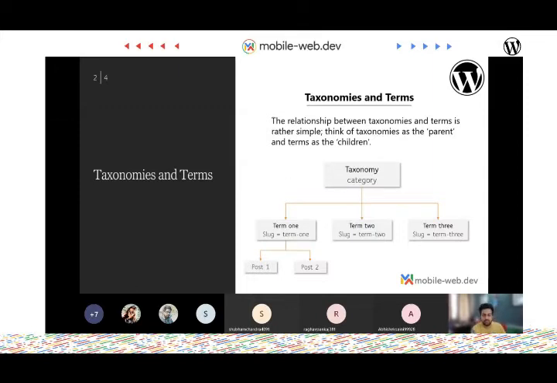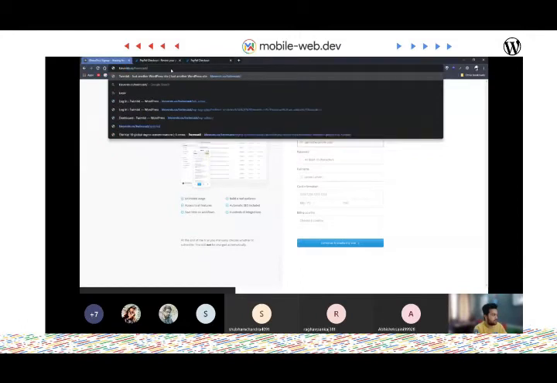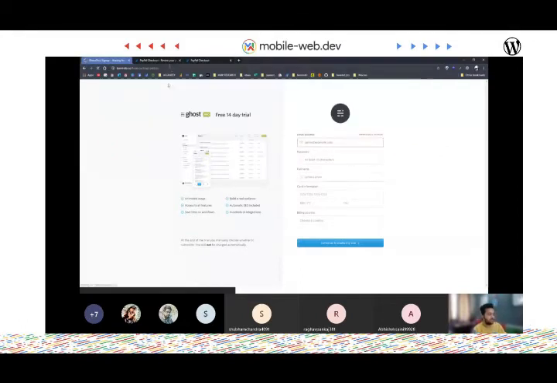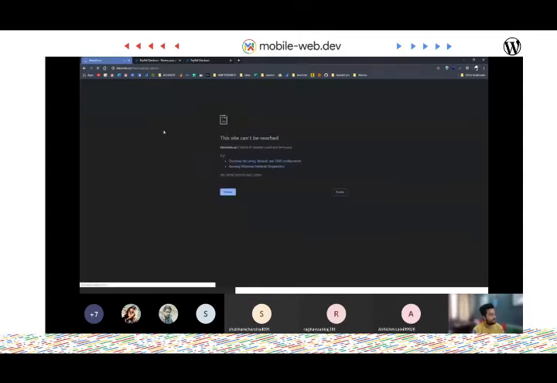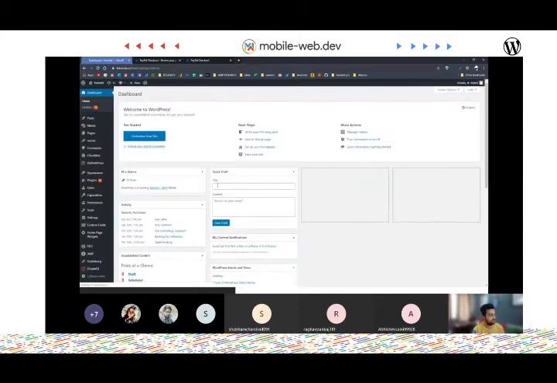Let me quickly jump into WordPress and see how that looks. I'll go to my usual WordPress setup that I have hosted online. When you go inside posts, you will be able to see categories and tags.